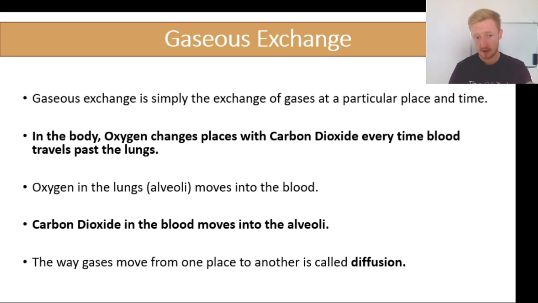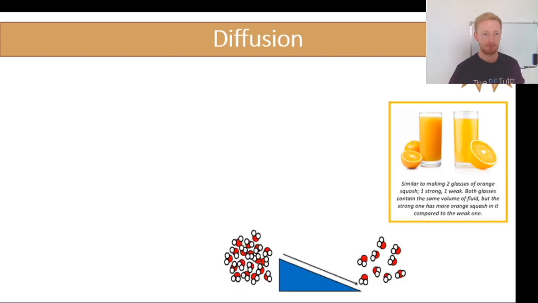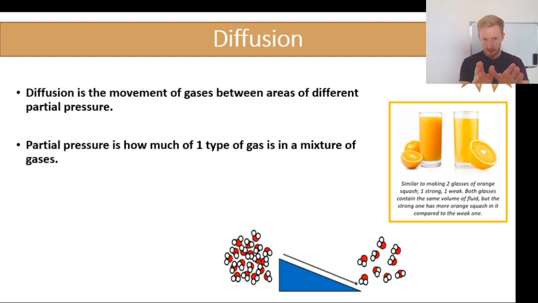Now the process of that switch, yes, it's called gas exchange, but how does that gas move? That's called diffusion, when gas moves from one area to another area. Okay, diffusion, where gas moves from one area to another. So although this is liquid, and diffusion doesn't happen in liquid, or not in the context of gas exchange at least, it helps paint the picture, because you can't really see gas,